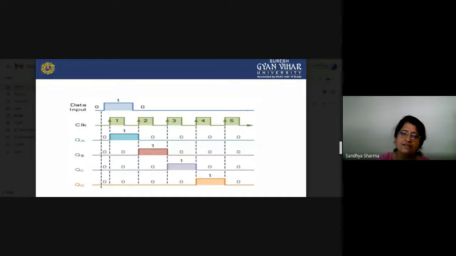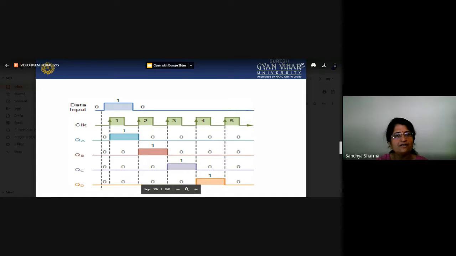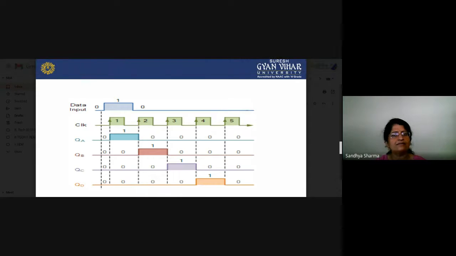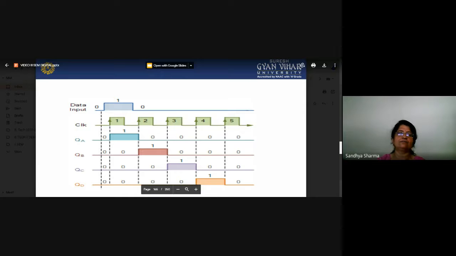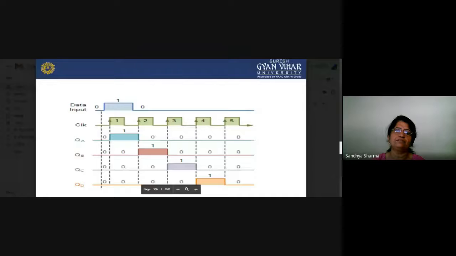Now when you want to take it in parallel, all the data are taken at the same time. So these are your clock pulses. You give your input data 1. When there is a rising edge of the clock pulse, because your flip flop is positive edge triggered, QA will go high, and it will stay high until the second rising edge comes in our clock pulse. As the second rising edge comes, the data moves to QB, so it will be high. Then at the third clock pulse, the data will be shifted to the third, and after that to the fourth. So this is the sequence in which, at every clock pulse, your data bit is shifted to the next flip flop.